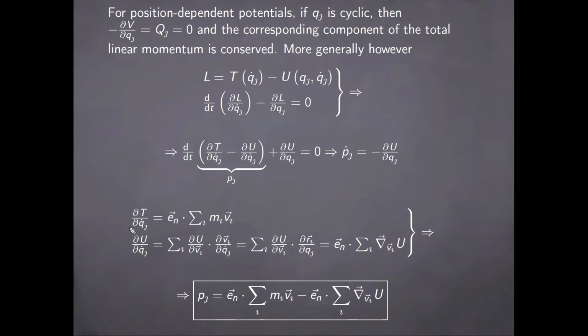Now we've already established the first result here, the one regarding the derivative of T with respect to the generalized velocity, but if we look at the derivative of U, then